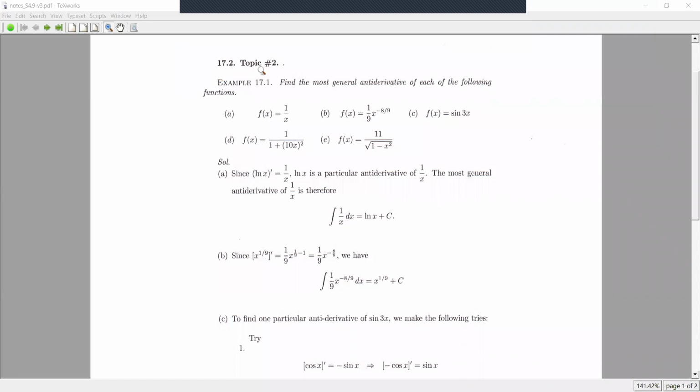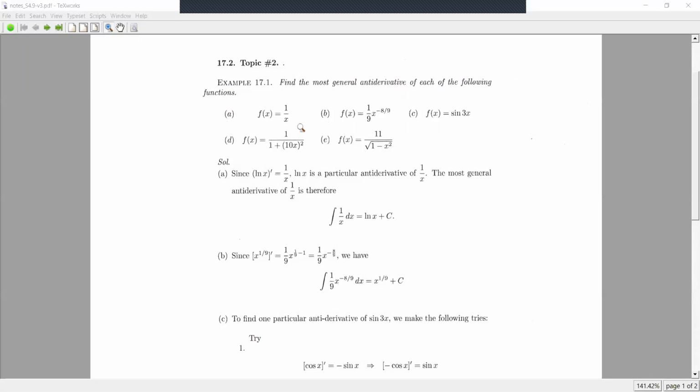Now, topic number 2, examples of antiderivatives. Example 1, find the most general antiderivative of each of the following functions. The most general antiderivative means one particular antiderivative plus an arbitrary number C. Okay, now